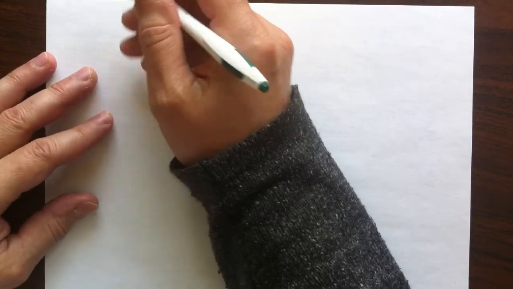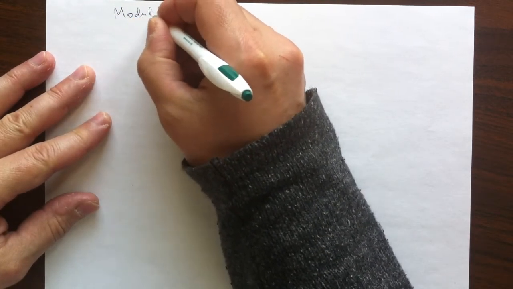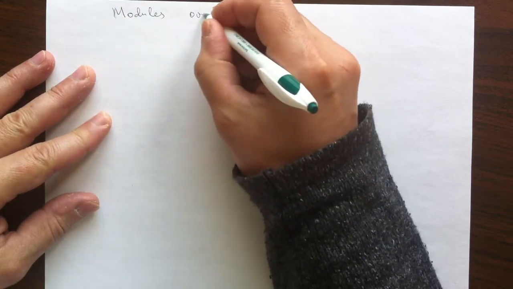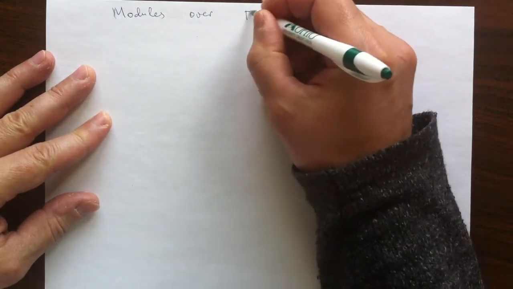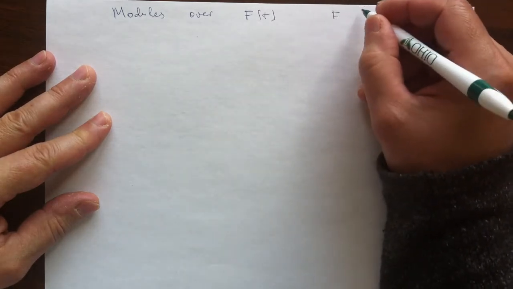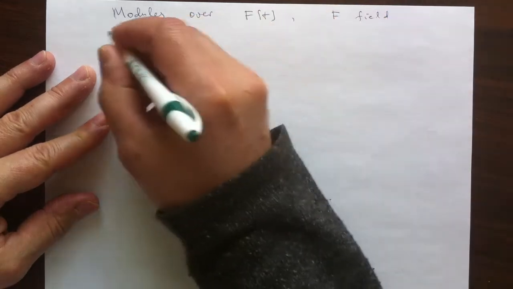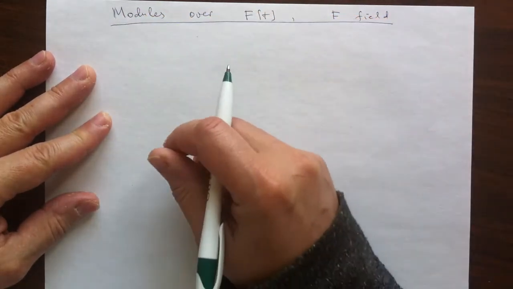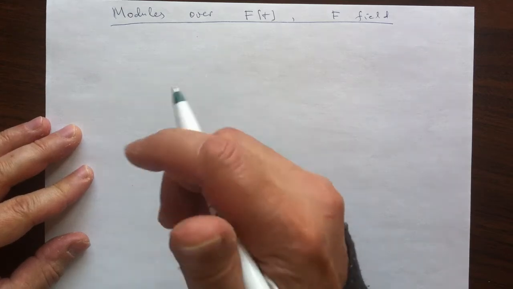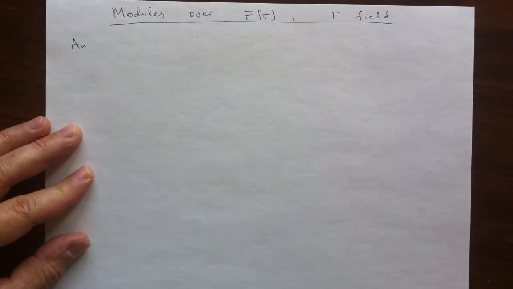Hello, this video is about an example of modules, of the notion of modules of the polynomial algebra in one variable, with coefficients being a field. So this concept of a module